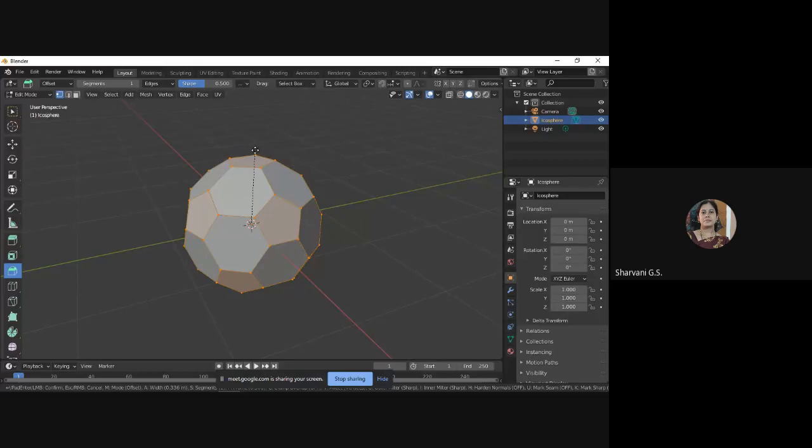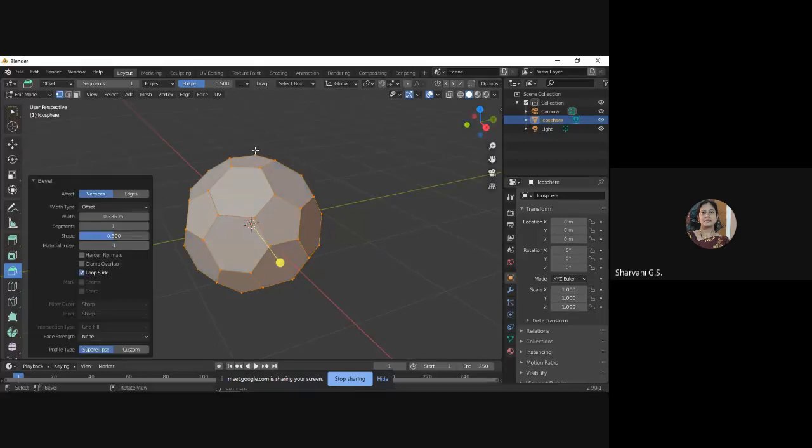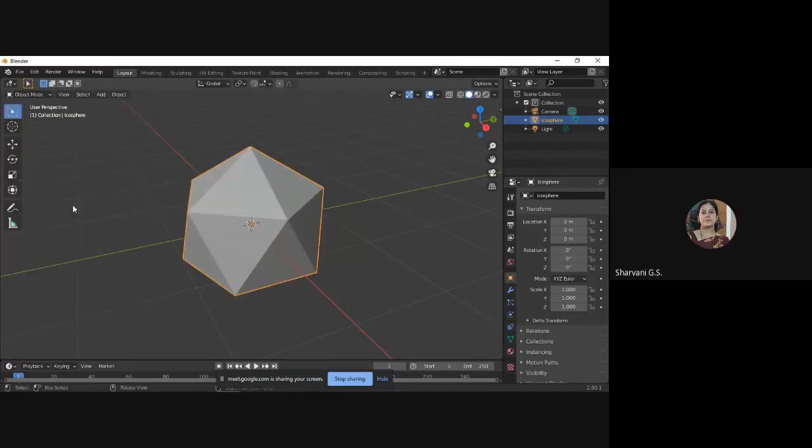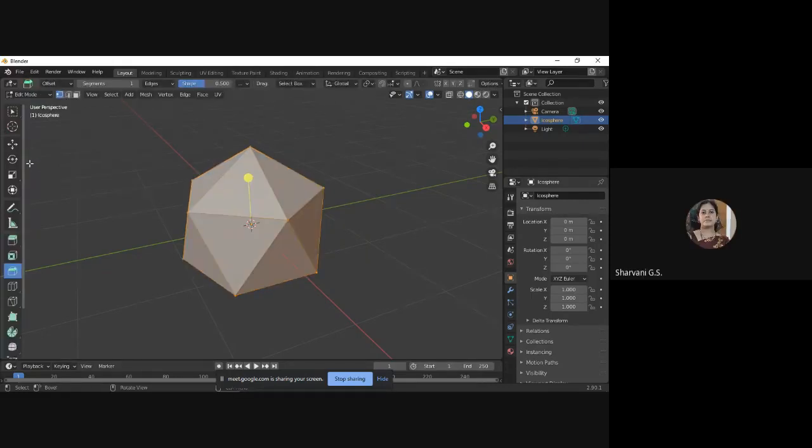Manisha, on the tool, we don't have the bevel option on the left-hand side. How do you get that option? Okay, just a second. By default, these are the things which we have. Press tab on your keyboard and you'll get this option. Okay, thank you. Yeah. So once you press tab, just press bevel over there.